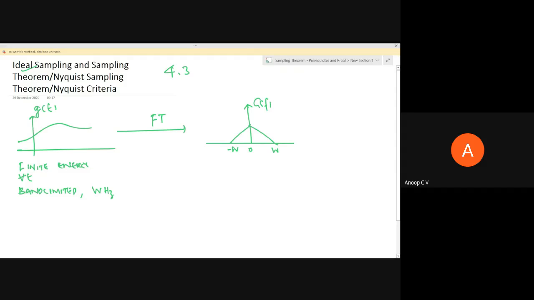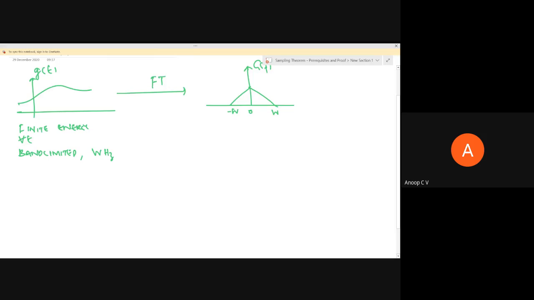To sample, we'll be multiplying the signal with an infinite impulse train, so that we get the sampled version of the signal. So we have this g of t, which will be multiplied with an infinite impulse train. The infinite impulse train can be represented as the summation over n from minus infinity to infinity of delta of t minus n Ts, where capital Ts is the sampling interval, and 1 by Ts, which is equal to Fs,